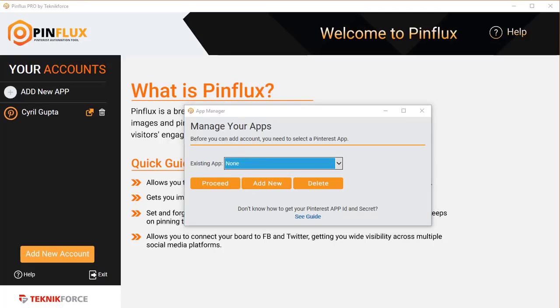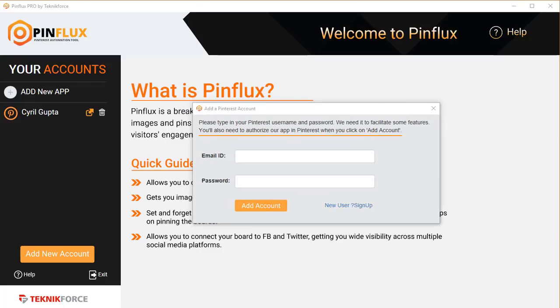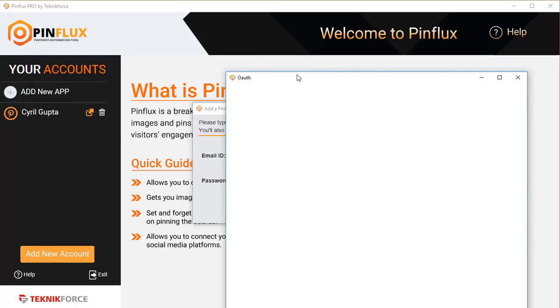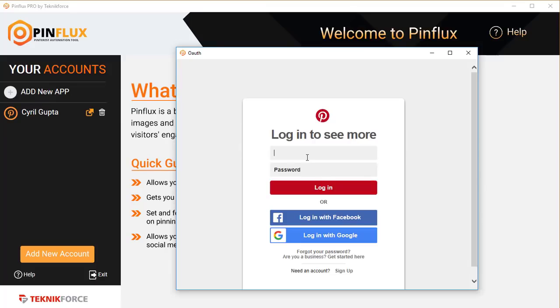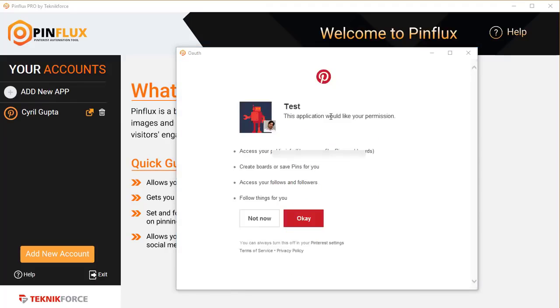So I'm going to quickly create an app and get back. After I add my app, I can select it, and now I can add any Pinterest account to Pinflux by putting in the email ID and the password. After putting your email ID and password, click on add account. You'll be taken to Pinterest authorization. Put in your email and password again. Log in. Allow your app,